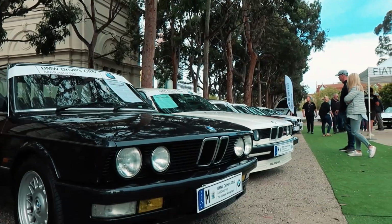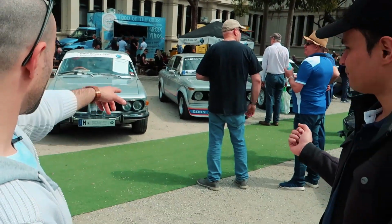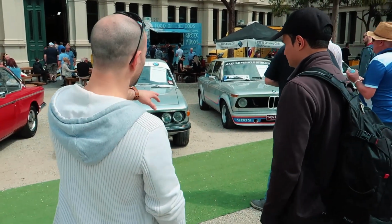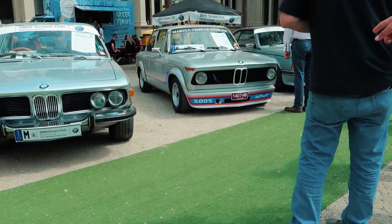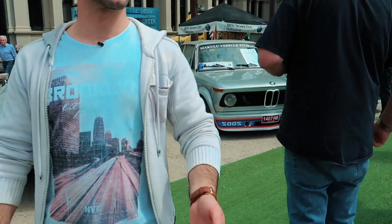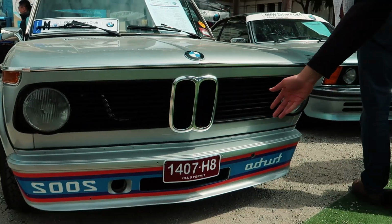Right, and then we've got a row of BMWs. So Dom, lead the way. I'm going to start over here with this 2002 Turbo. One thing to note, the stickers on the front. Someone's put them on backwards, you might think, but that's actually not the case. It's for when the car in front is looking in their mirrors to see what's about to pass them, like an ambulance, they can read it. Yep. Position-wise, it's a bit low down there, but...